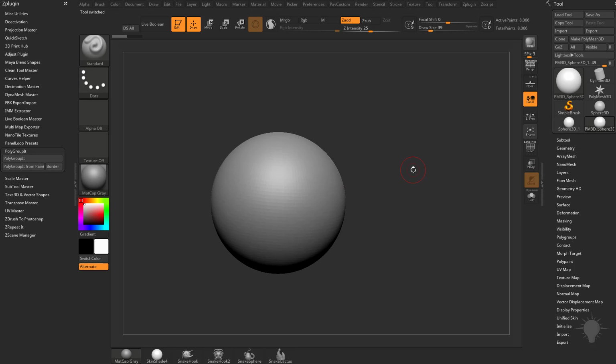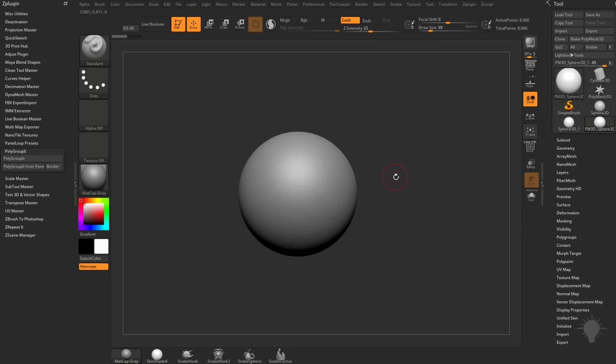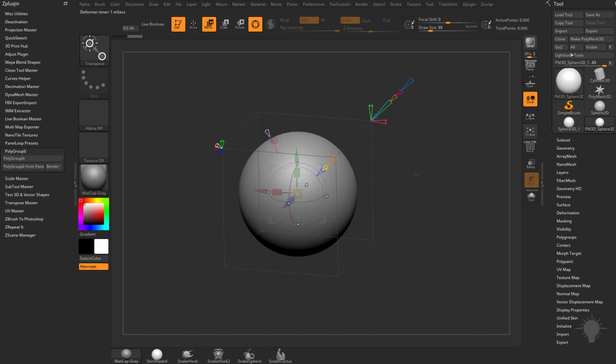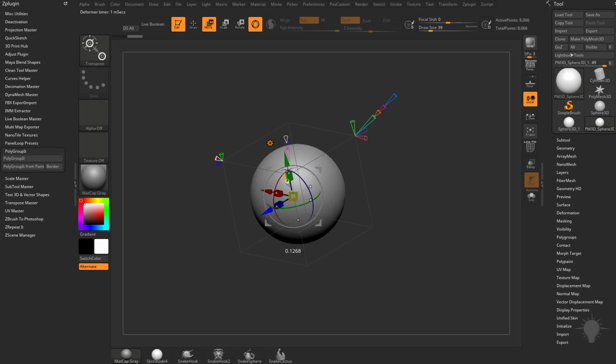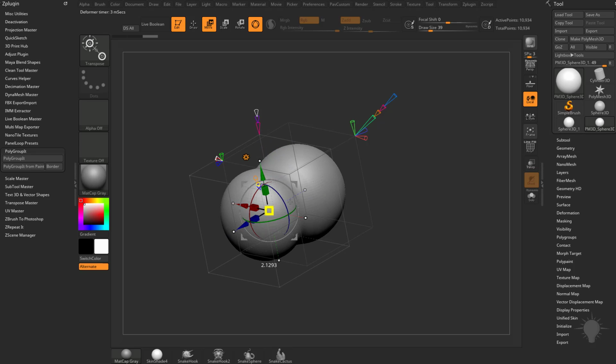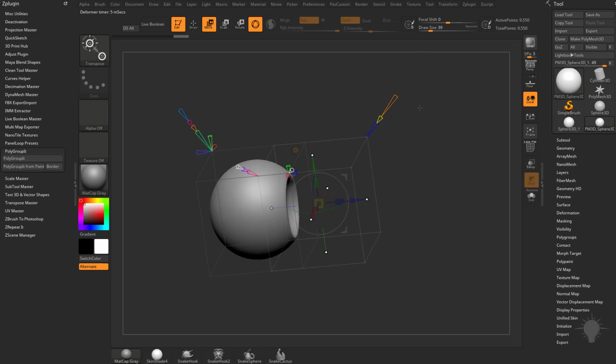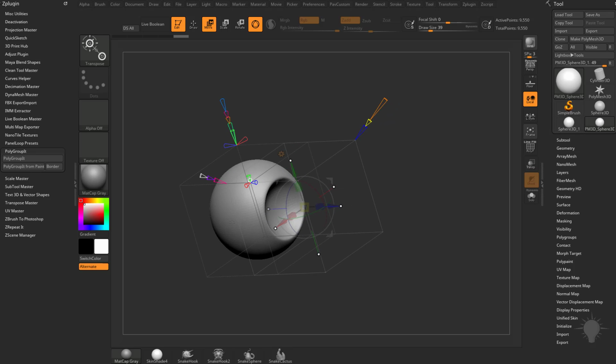You know what? We went over this in earlier videos. If we want something a little bit more interesting to sculpt on, let's hit W, go into the gear icon, and let's do a really quick Project Primitive. If we pull forward here, you're going to see we're going to project that default sphere primitive through here. If we scale this up, it'll go ahead and deform it. If we pull it past that midpoint, of course, it's going to cut in. If you haven't watched this video yet, go back and watch the previous videos on the Project Primitive deformer. So if we like this, we can go ahead and hit accept.